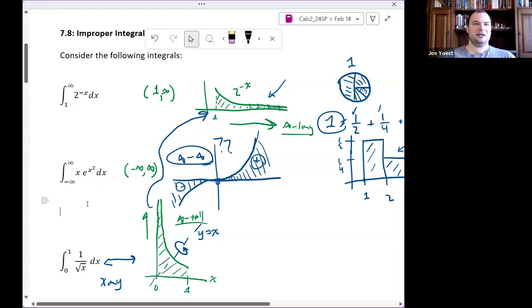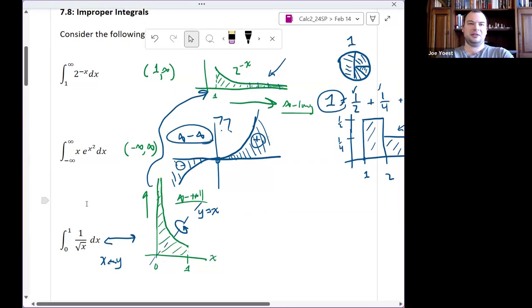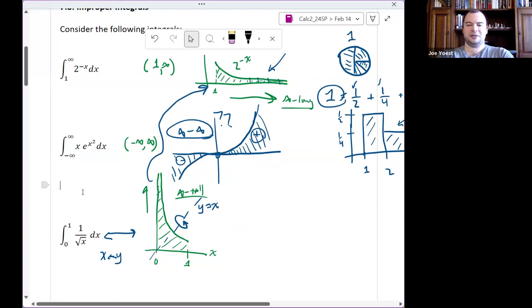I just wanted to point that out because a lot of times students in Calc 2 get really confused when they look for external sources, particularly in this section, or with series even more so. And when we're throwing around these infinities like this, we have to be very, very careful about the definitions. A little change to a definition can change the result. Okay, so with that out of the way, that huge caveat,